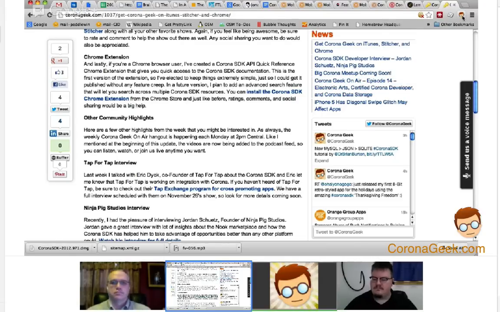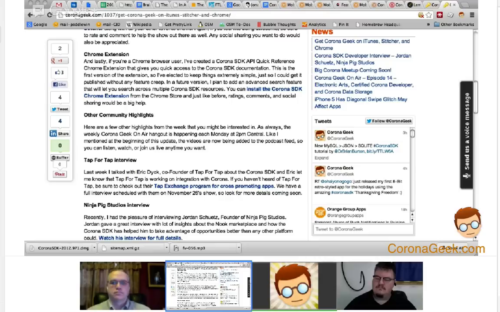You install it into Chrome. When you click on the Corona Geek head, it pops up with a menu that gives you a list of all the Corona SDK API stuff, and you can click on that, and it'll take you directly into the documentation on the Corona website. So that's a nice little piece. We're going to add some features to that as we go along, but for today, it's just a quick reference to help speed things along during your development.